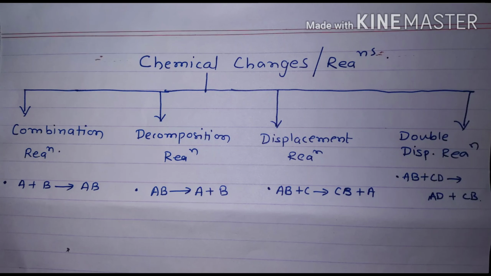Examples are also given over here. You can see the example. The first example is HgO, which means mercuric oxide. It is a single reactant. When it is strongly heated, it gets decomposed, it gets broken down into Hg and O2. Means a single reactant is forming two products. Therefore this reaction is an example of decomposition reaction. In the second example, you can see that Pb3O4, lead oxide.